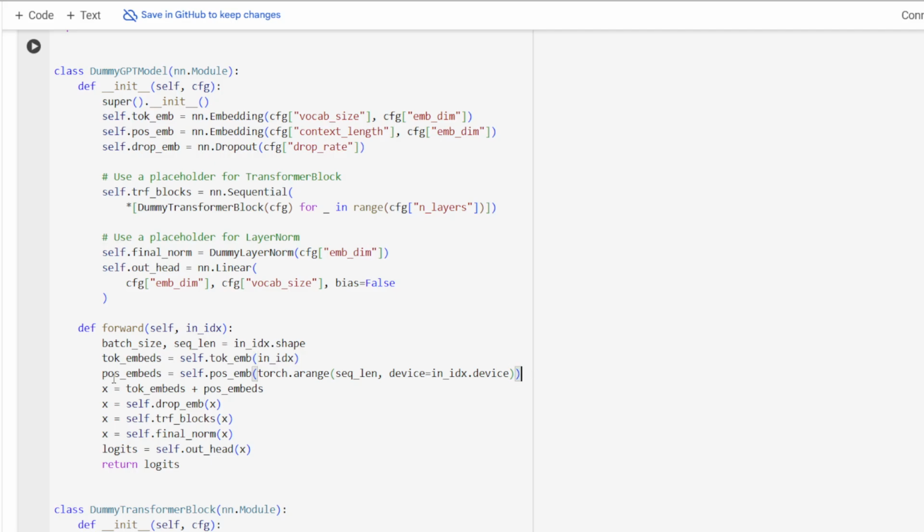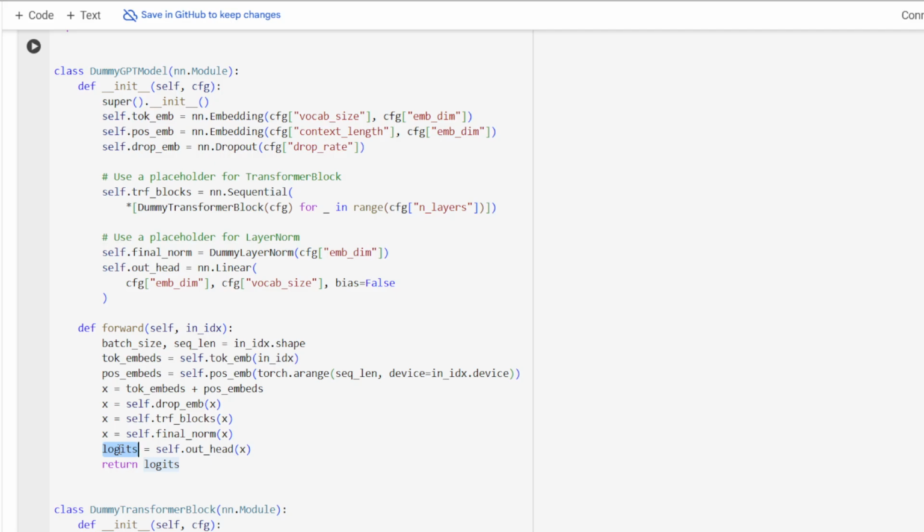We get our positional embeddings, and for that X, we convert the incoming X into token embeddings plus positional embeddings. That's it. Then we apply our dropout for the embeddings. Then we apply our transformer blocks, which we are going to code. We're going to make it better. Right now, it's just a dummy and doesn't do much. And then we apply our final normalization,